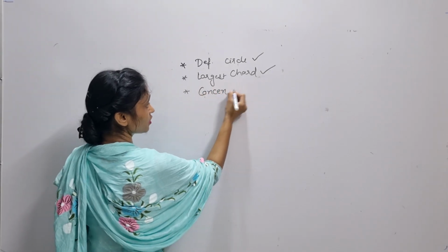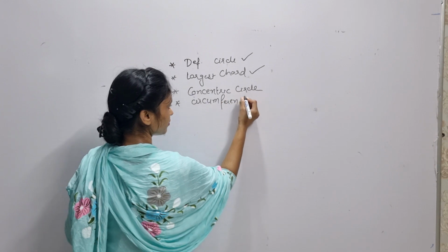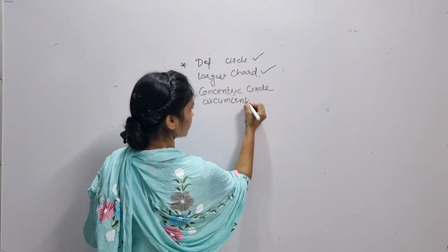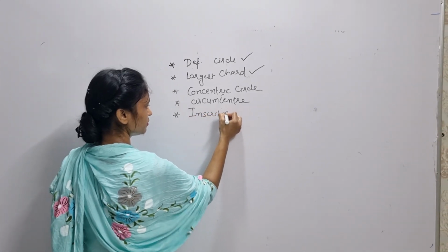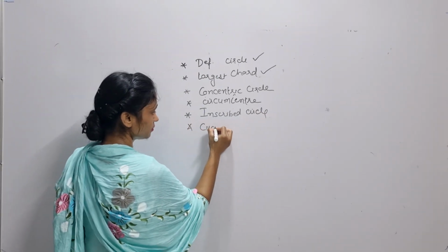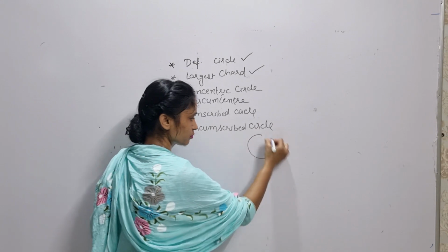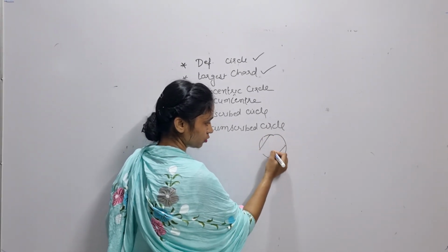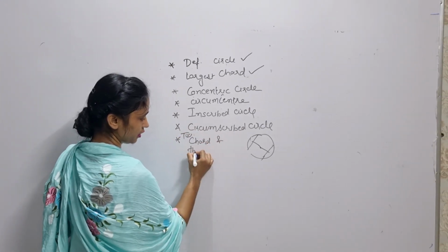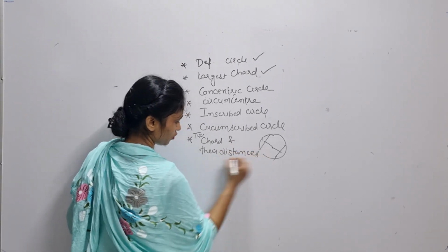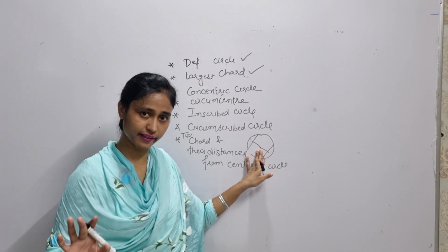ओके, उसके बाद हमने कंसेंट्रिक सर्कल किसे कहते हैं, और सर्कमसेंटर किसे कहते हैं? सर्कमसेंटर क्या होता है, और इंस्क्राइब्ड सर्कल, circumscribed सर्कल, ओके, एक रिलेशन किया हमने वो कोड्स, 2 कोड्स और उनके डिस्टेंसेस फ्रॉम द सेंटर, ओके, 2 chords and their distances from center of circle. ओके, ये रिजल्ट पूरा रिवाइज करके देखो कि ये क्लियर है दोनों तरह से।